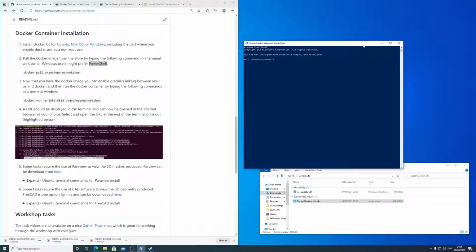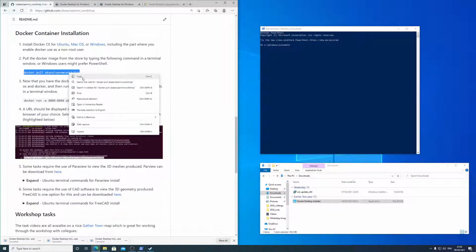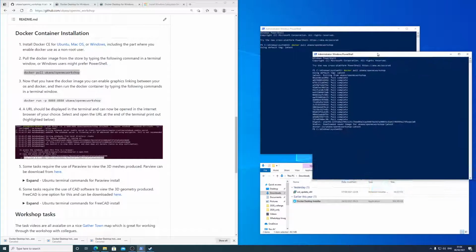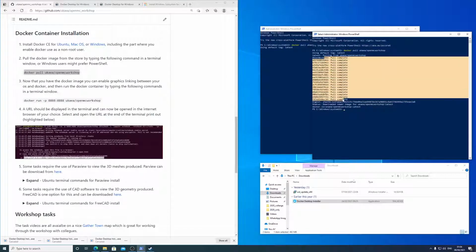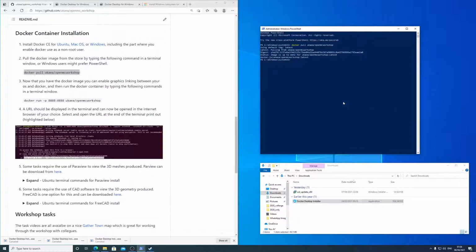So with our PowerShell, we're just going to do docker pull UKAEA OpenMC workshop. Now for you this will download the workshop image, and this will take a while. It's maybe 10 gigabytes. So once it's all downloaded, you'll get the ability to run it. On mine it says image is up to date, so it's not going to download it again. Great. So then I just docker run